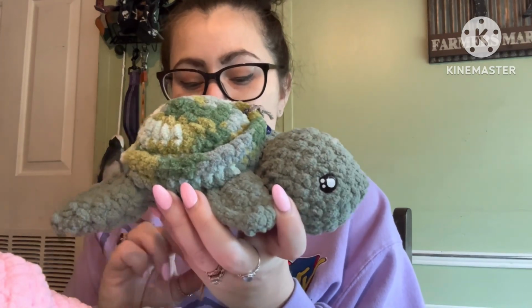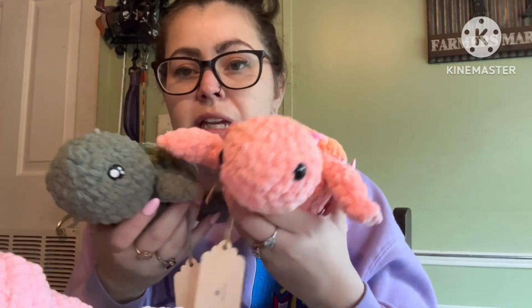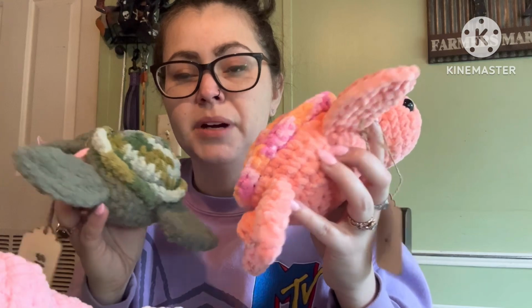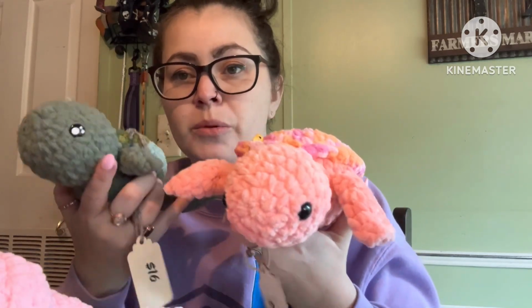I have one medium-sized turtle, and he is $16. I did it the same as that pink pattern, but I don't like how these come out, so I won't be using that pattern again, but I wanted to try it in different size hooks, so I've got the bigger one and the medium size. I have 4 bees the size of this,